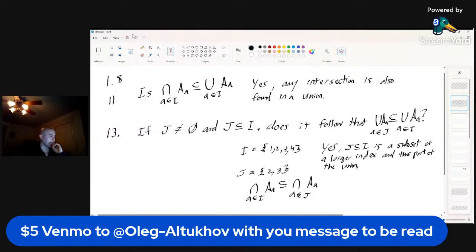So, this part, now we're going to draw a line here and separate the two a little bit. If the intersection of A sub A is it part of the intersection of A containing J? Well, I would think it should be,